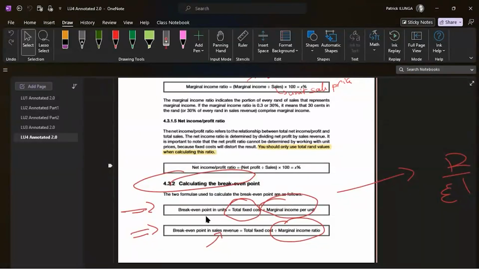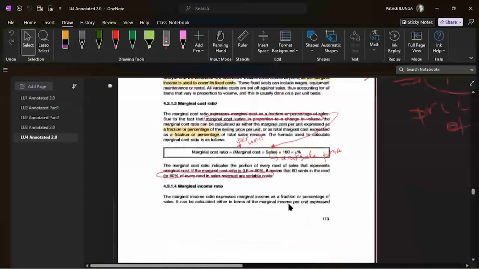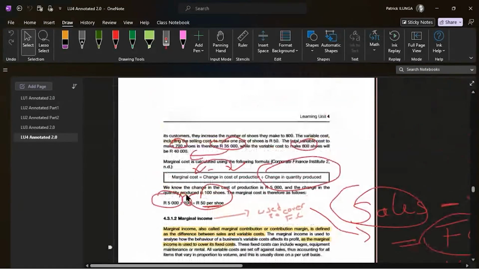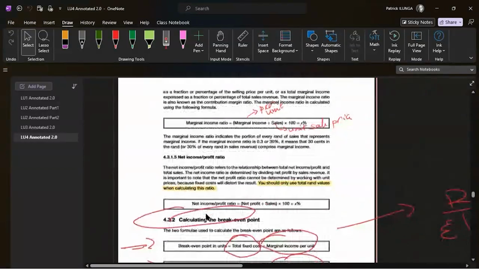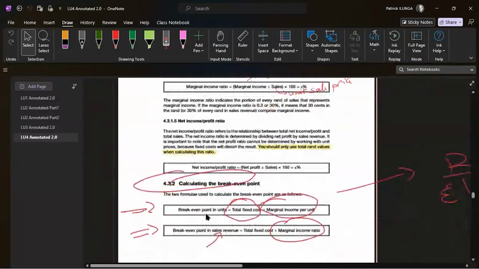Because my biggest concern as a businessman or a businesswoman is to cover that fixed cost, because that's my first concern. I need to pay rent, I need to cover insurance, all those things that you are paying. All right, divided by the marginal income per unit. Remember, like here in the example for the shoes, the marginal income was 50. So you will take your total fixed cost divided by 50 to find the number of units